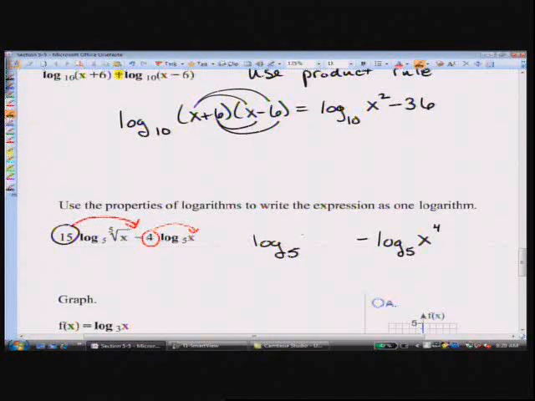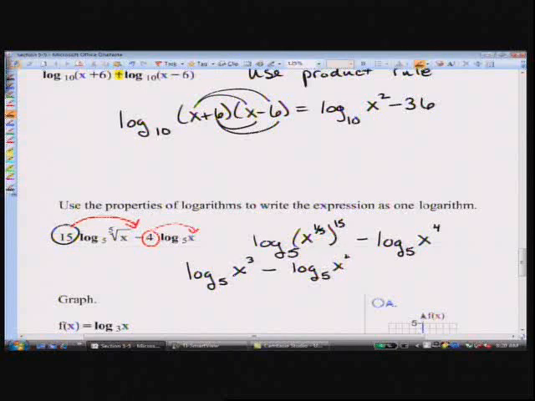So how about I write this as x to the 1/5 power, and then that's to the 15th. So that'll be log base 5, x to the 1/5 of 15 is 3rd, minus log base 5 x to the fourth. Now I can use the quotient rule and write this as log base 5 x to the third over x to the fourth, which will be